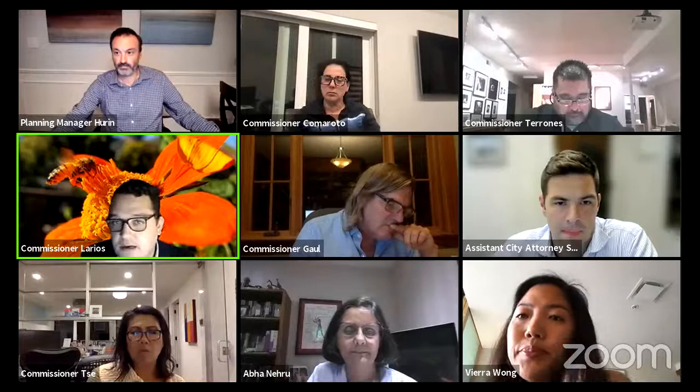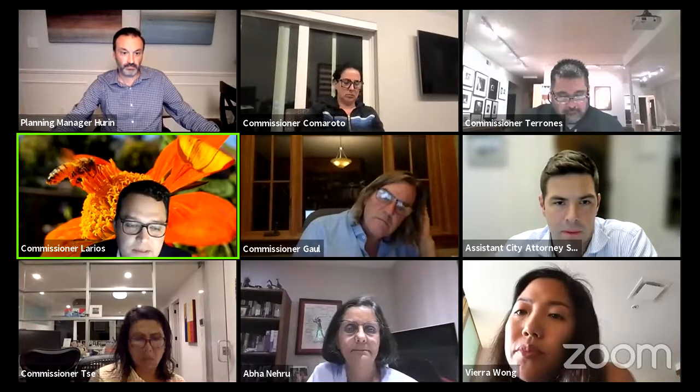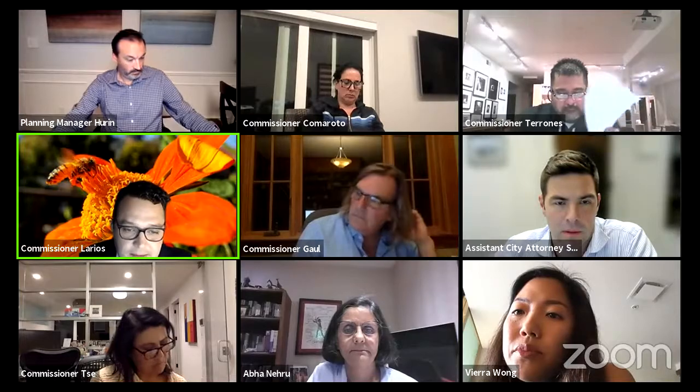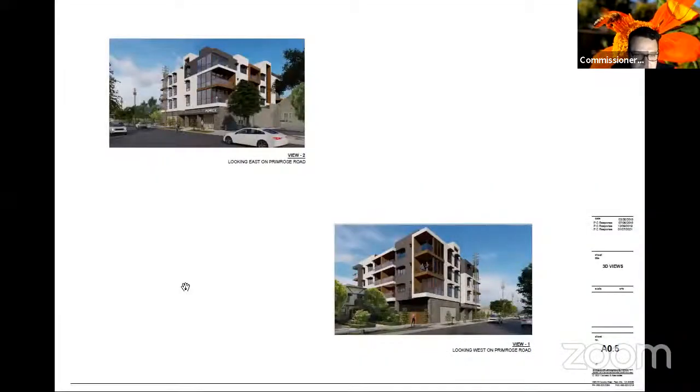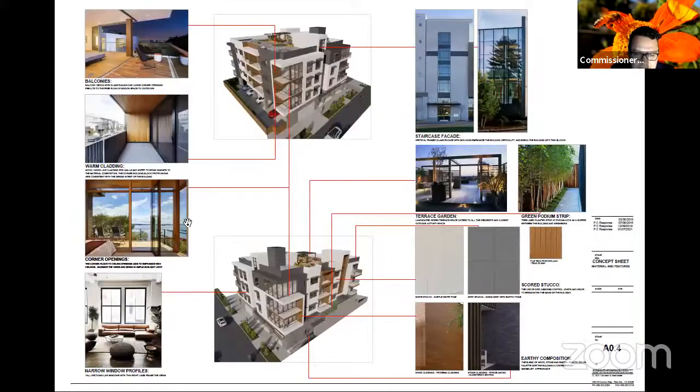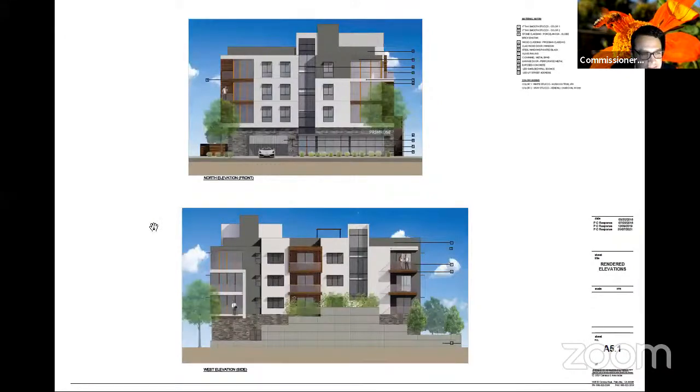Do we have any other questions for the applicant? I have a quick question for you. I'm seeing on the rendition here a terrace garden on the top with a structure there. It looks like a pergola to me. I don't know if it's just a feature for the rendition, but I'm wondering how tall that is, because from the rendition and on the west elevation, it's really visible. So I'm trying to visualize what people up there would look like and just how tall that pergola would be. Maybe you could speak to that a little bit.